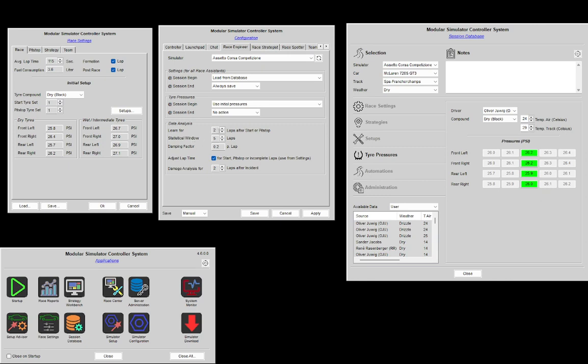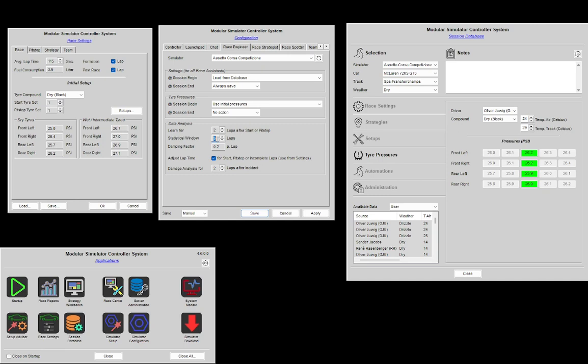The value I use here is 2 laps after the start of the race or a pit stop, where the engineer gathers data until all this data has stabilized and it is safe to calculate new values from it. And you can also here, using the statistical window, decide how many laps from the past will be included in all calculations according to the damping factor, which means the